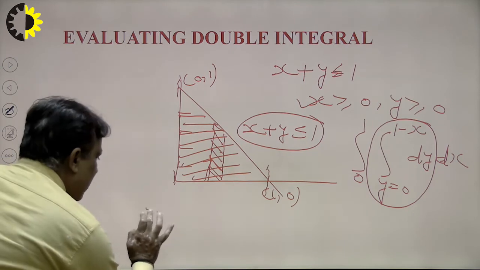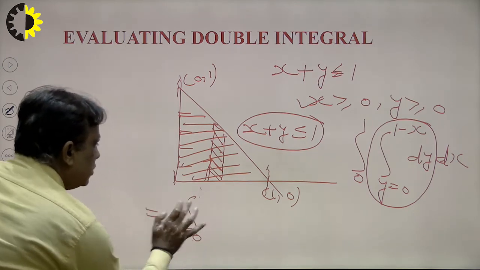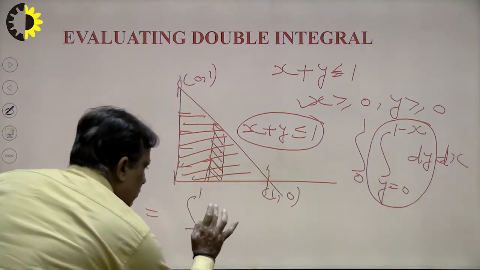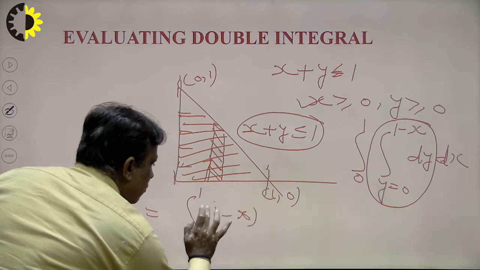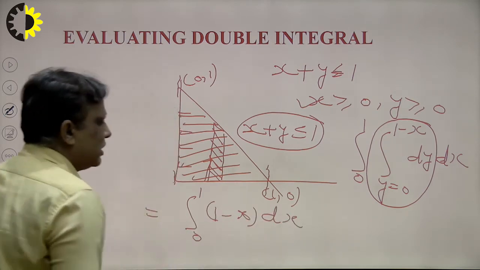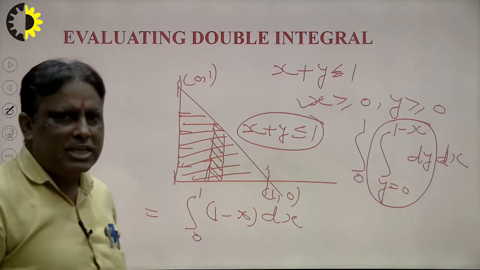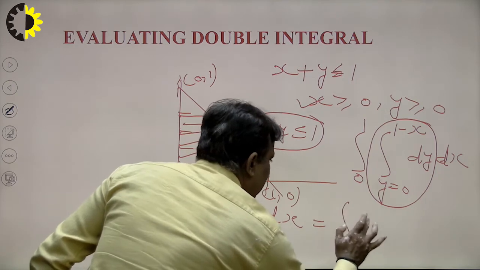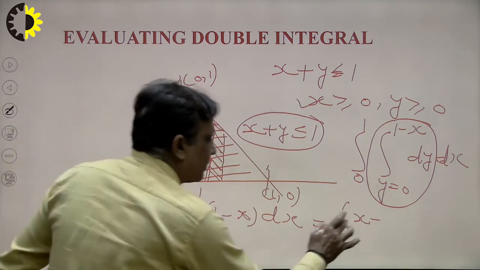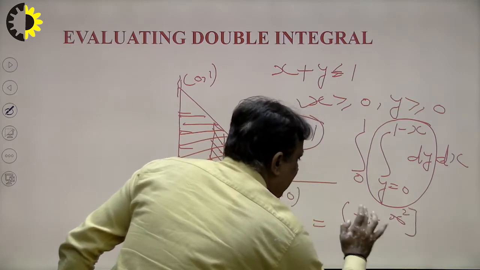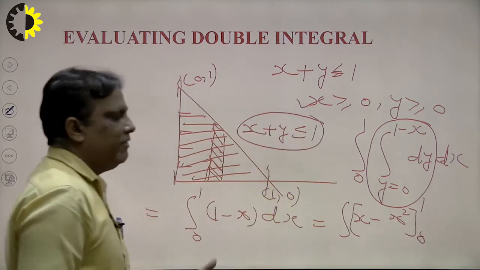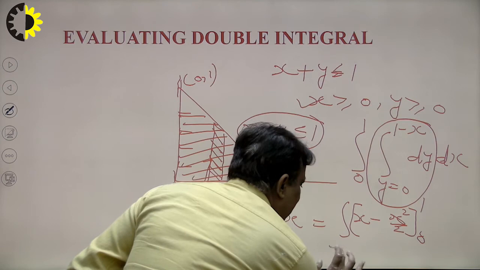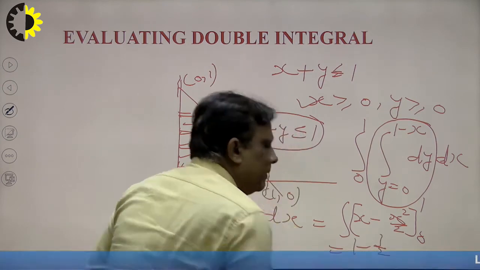Suppose I want to solve this part, so what will be the criteria to solve this? 0 to 1, right, and the integral of dy is y, upper limit minus lower limit. The solution will be 1 minus x here, right? Now this is dx. First of all I integrate with respect to x. What will be the integral of 1? The integral of 1 will be x, and minus the integral of x, x square by 2, right, and the limit will be 0 to 1. In this way we can find out, and there will be 1 and 1 by 2 here. So what will be the final answer? 1 minus 1 by 2, the answer will be 1 by 2.